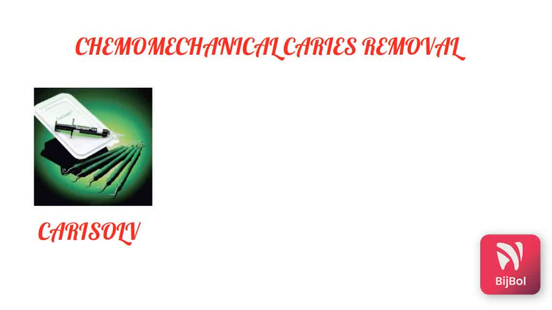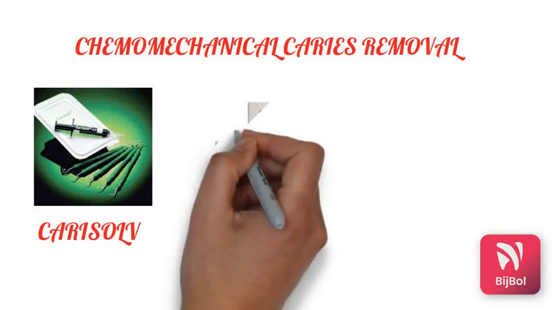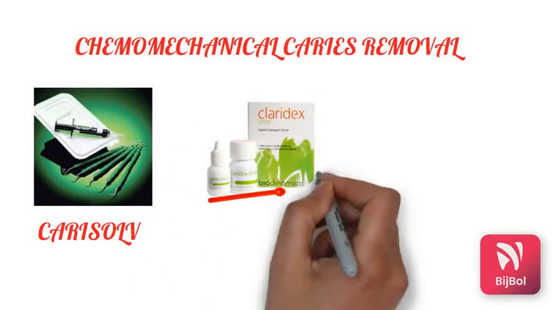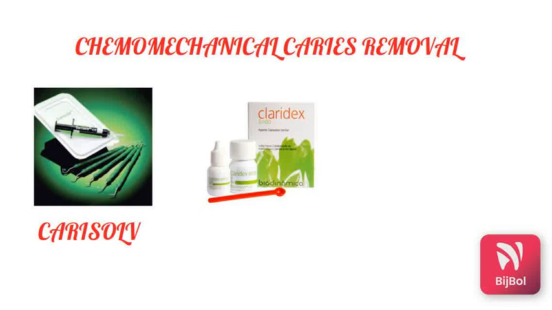Next, we'll see other agents such as Clinpro's Keritex. This uses sodium hypochlorite, glycine, and aminobutyric acid. That is, the sodium hypochlorite reacts with the aminobutyric acid and causes the release of chloramines, which causes a softening of the carious dentin, while the healthy tissue is still unaffected.